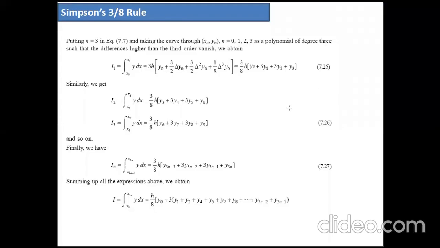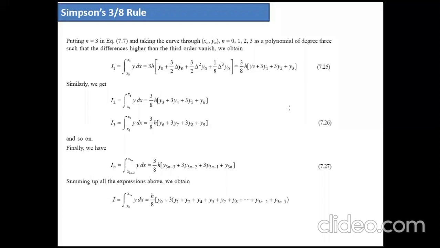Now we move to the derivation of Simpson 3 by 8 rule. As you have seen in the first two methods, in the trapezoidal rule we used 2 points and 1 interval, and Simpson 1 by 3 uses 3 points and 2 intervals. Now in this method, Simpson 3 by 8 rule, the number of points used for the function values is 4. So 4 points mean 3 intervals. So in this method, our first supposition is that the number of intervals is 3.